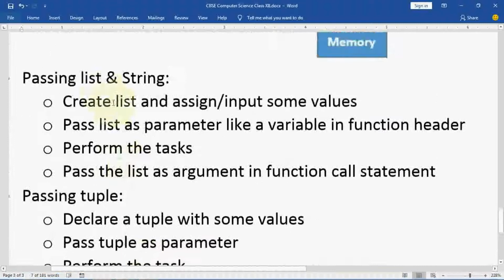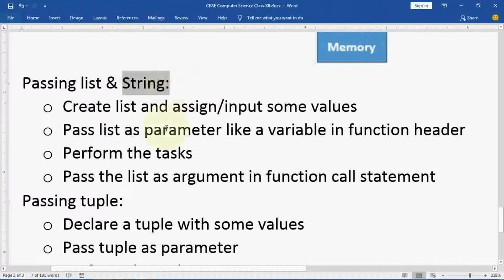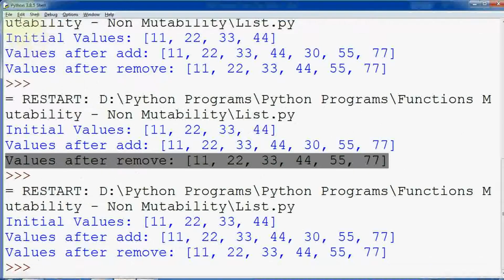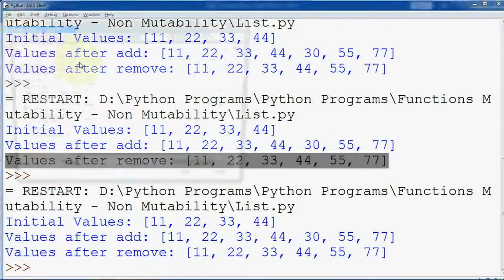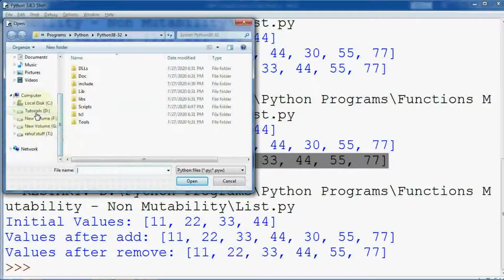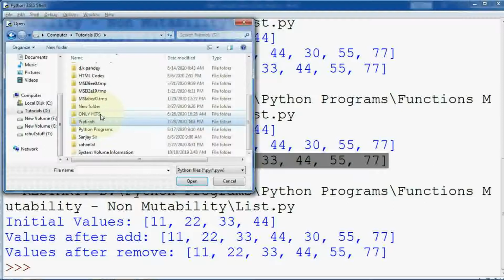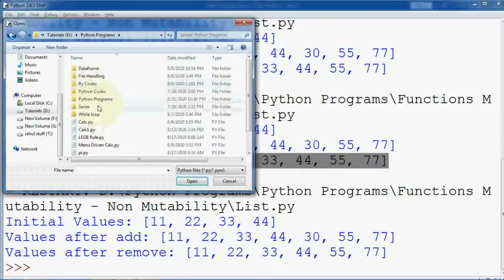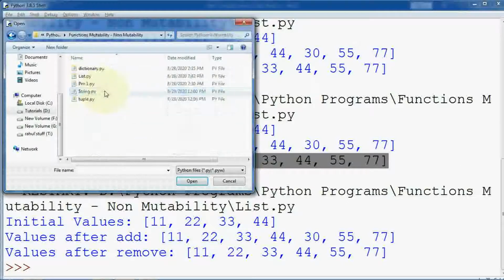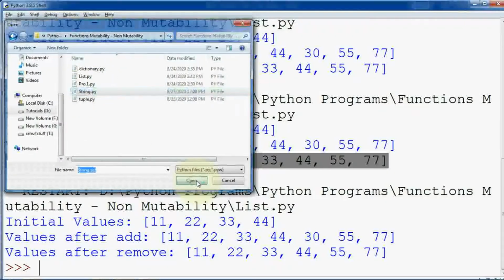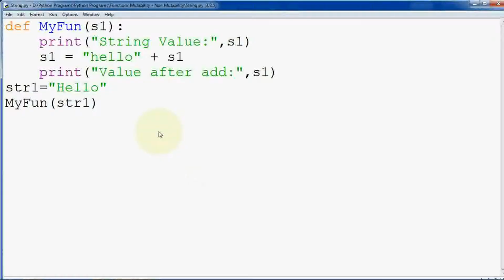Okay, first we will check string also. Let me open this program, Python programs, string. I have also created a simple program for passing a string. The method is very common. Here I have declared str1 and stored one word, that is hello.